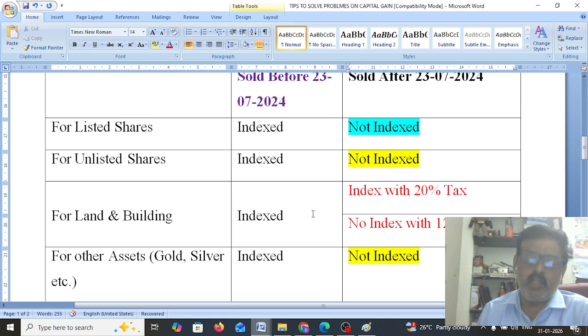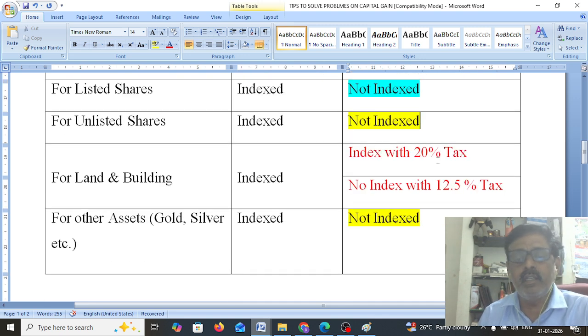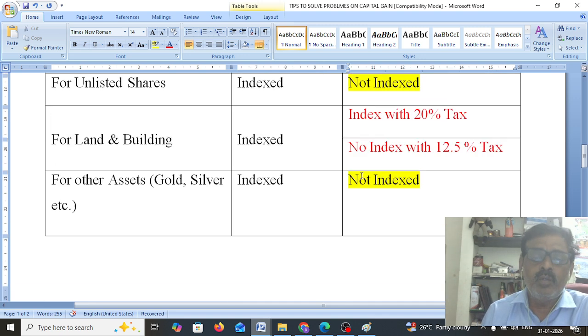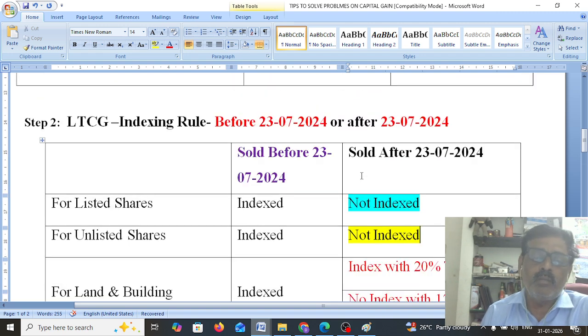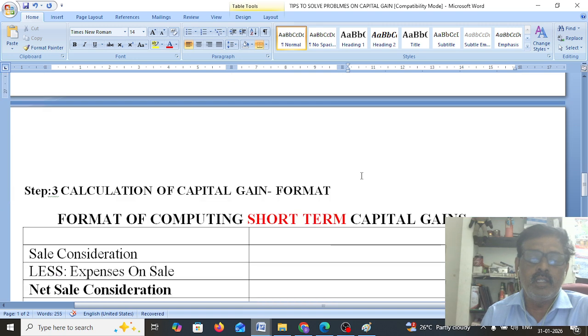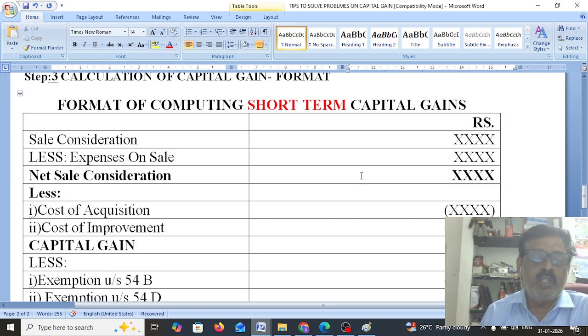So the total idea is that if the assets were sold after that date, only land and building can be indexed, while others need not be indexed. If you keep this in mind, then automatically we will solve the sum. This is the format of